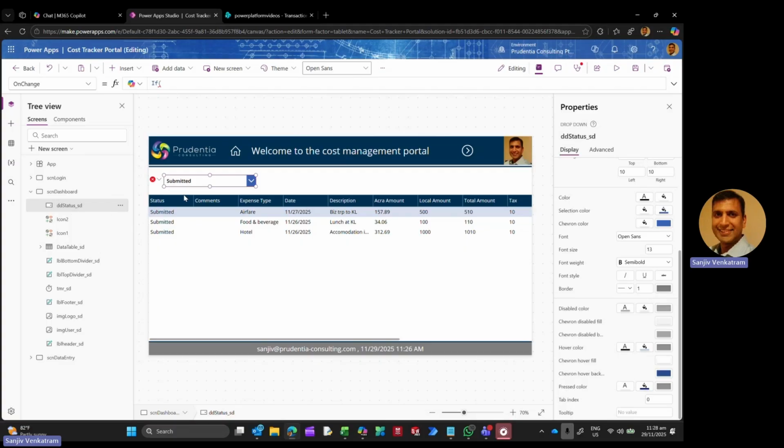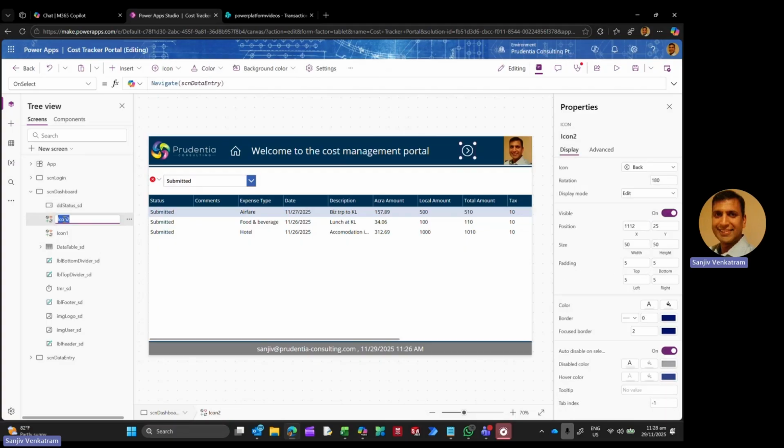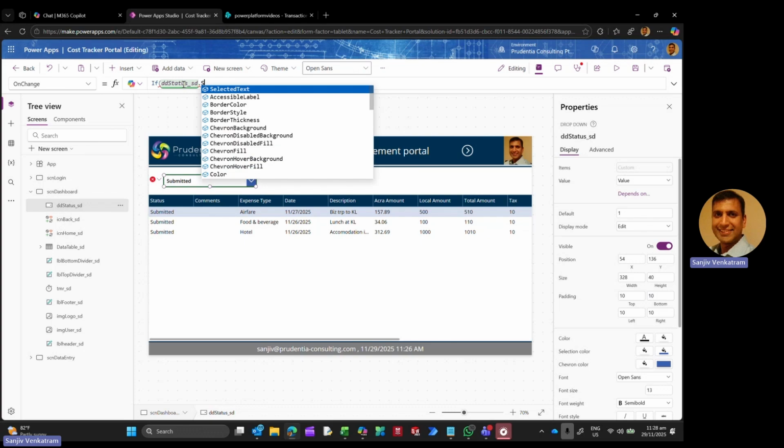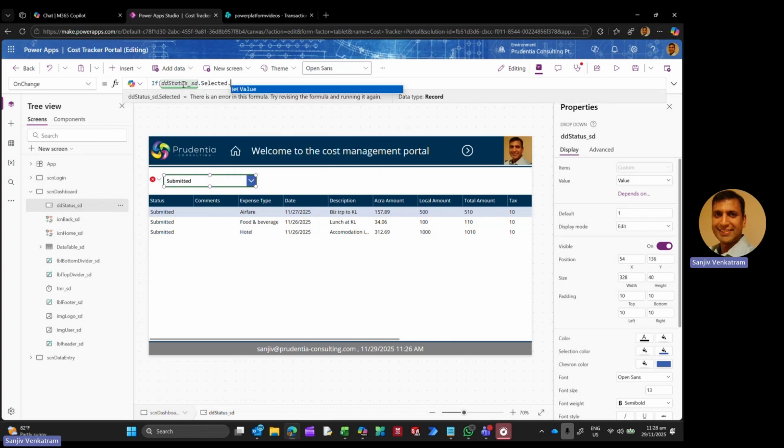This icon here is ICN back underscore SD, and this one is ICN home underscore SD. So in this status here, I'm going to say if DD status dot selected dot value is equal to